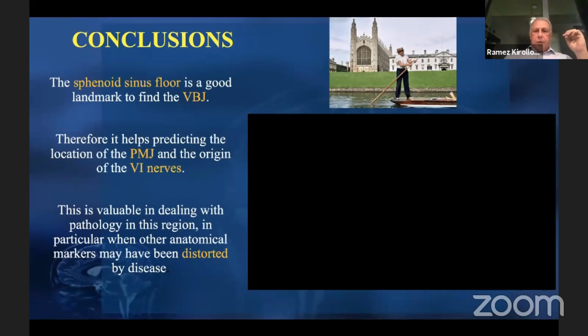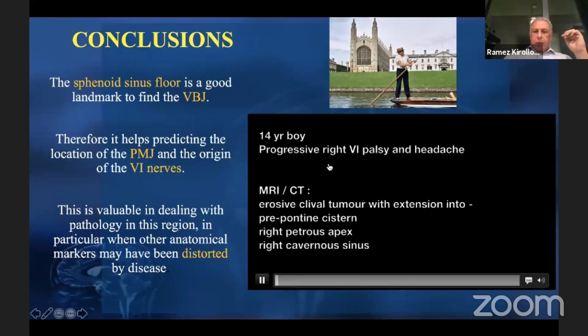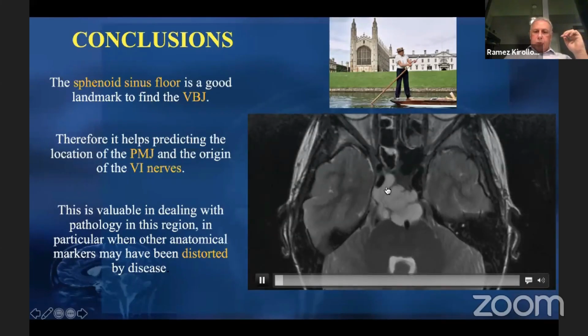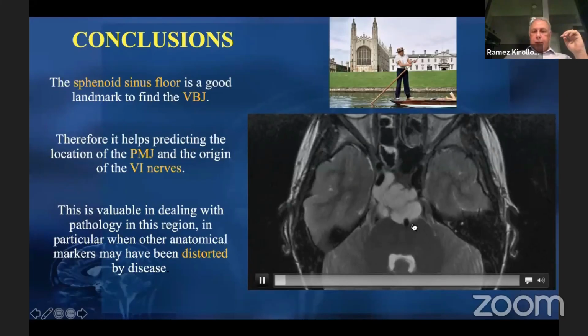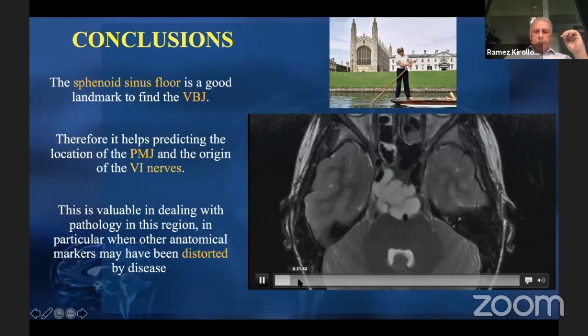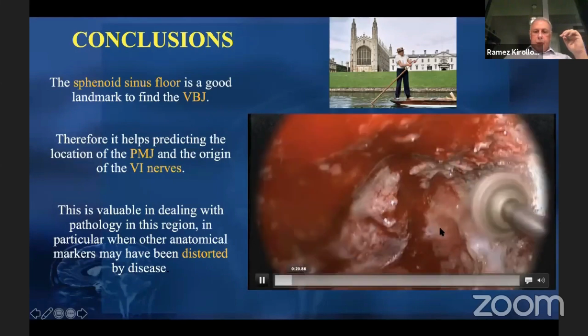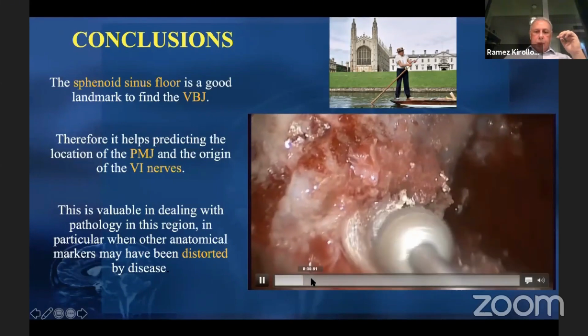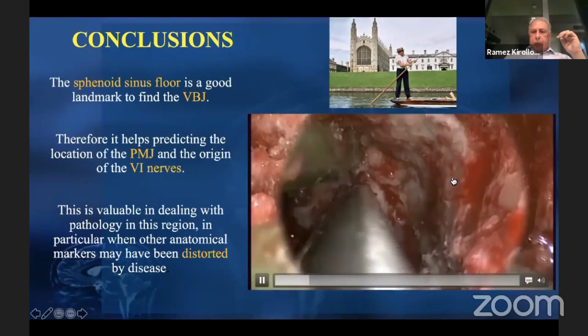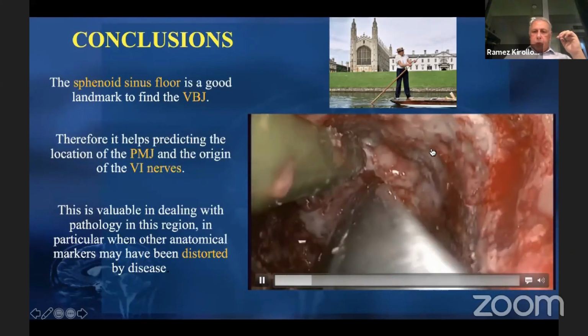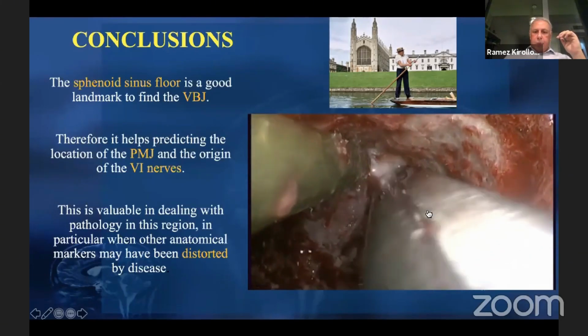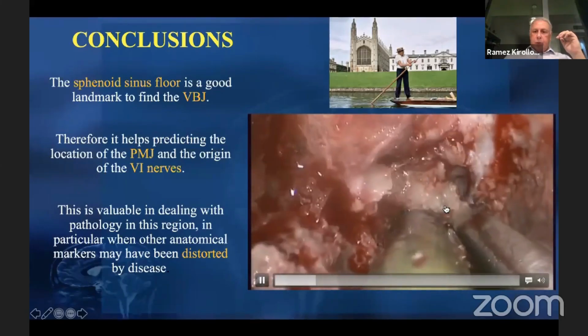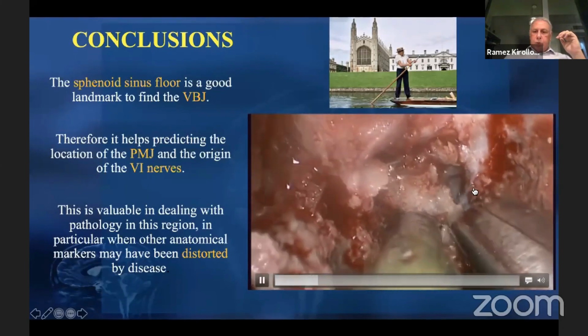And just to demonstrate it in a few seconds, this is a case of a clival chordoma. You can see it going to the medial cavernous sinus, and it has an intradural extension around the basilar artery. Again, we drill the clivus, as you can see here, the bone is more or less eroded. And we can now see the paraclival carotid. This is the floor of the sella, this is the top. You can see the bone is already eroded, and with the chordoma